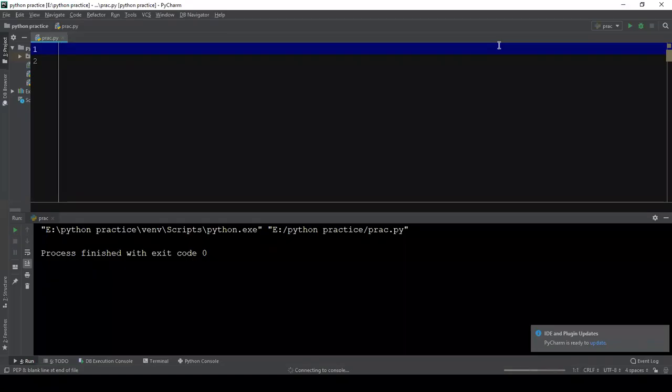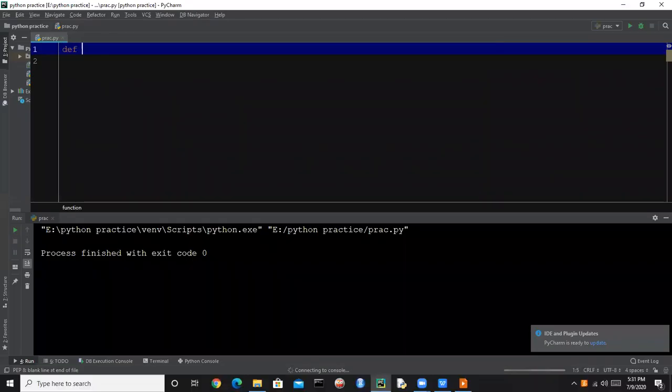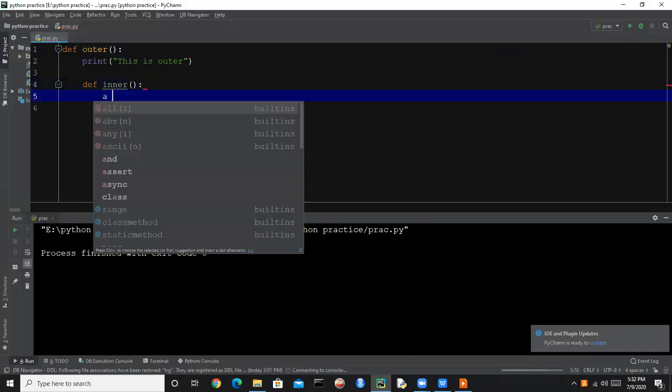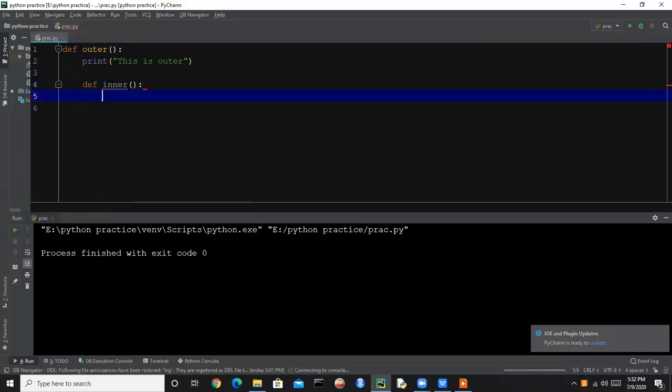So let's try the example. Let's create a function def outer, and in this outer we will write a text, let's say this is outer. Now we will create an inner function, def inner, and in this inner we have a print, let's say it is inner.